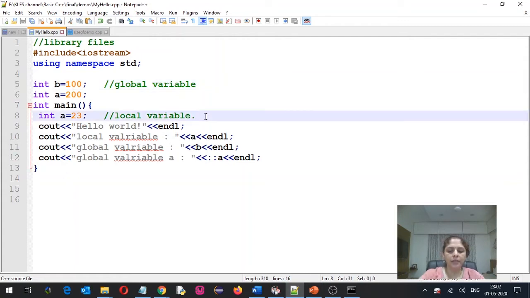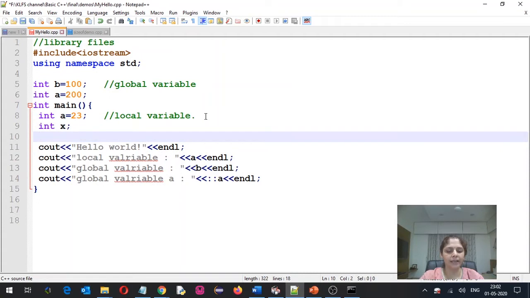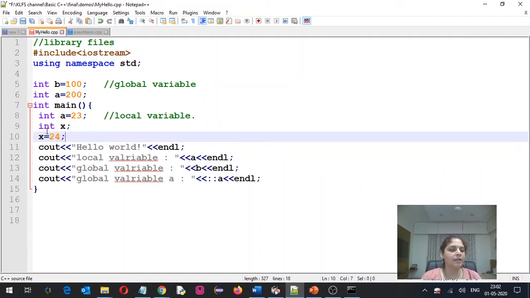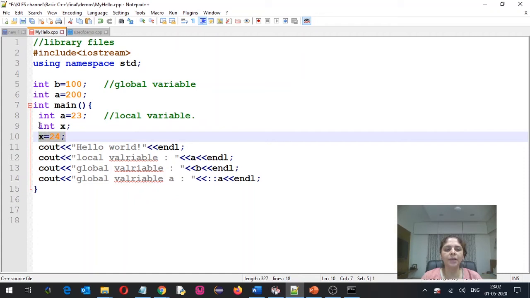But here if I am declaring a variable called int x and on the next line I am assigning the value to x, that is x is equal to 24, then these two lines are representing assignment. So you can say that if the declaration of a variable and assigning value to that variable are written on different lines, or these are defined as two different statements, then this is nothing but called assignment.